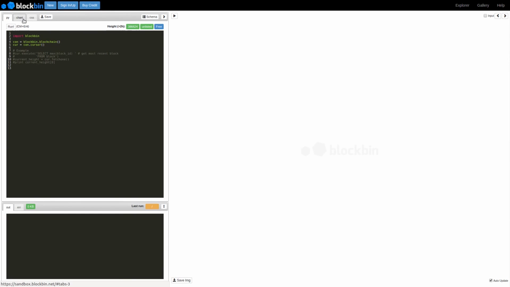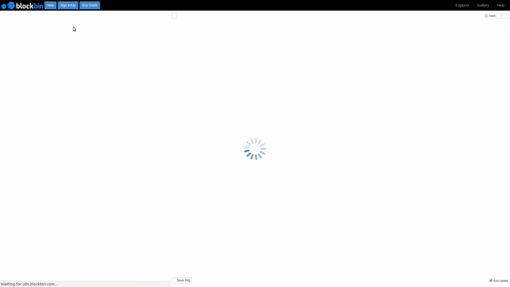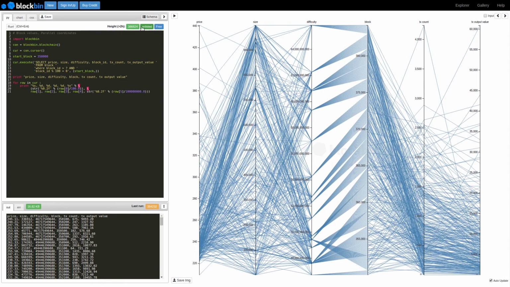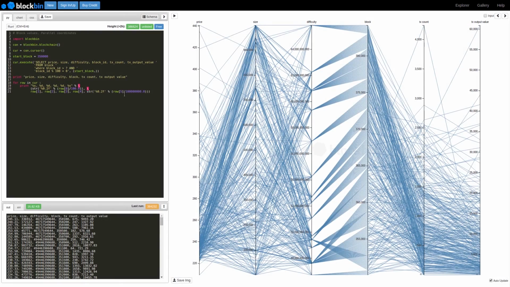Another nice chart is known as parallel coordinates. The database schema shows the various block values available to us. This code snippet outputs block values for the past 30,000 blocks. Parallel coordinates allows us to look at the relationships between those values. We can see, as expected, that difficulty grows over time. But that is not always the case, as we can see here, difficulty readjusted to a lower value.